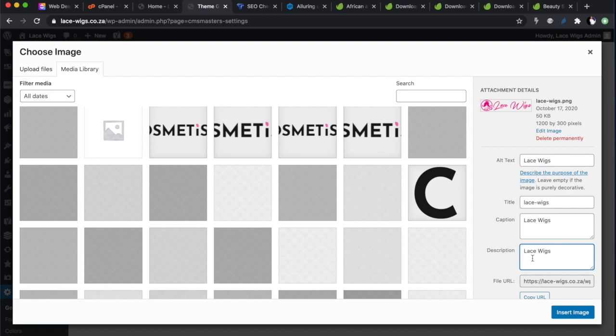We've already picked up the keywords that we want. So you need to make sure that every time you upload an image, you are including your keywords in the image name, number one. You can see the way I've named my file. I've called it Lace Wigs so that it goes together with my keyword planning and my SEO for the website. You include it in your alt text, include it in the description so that it's all over